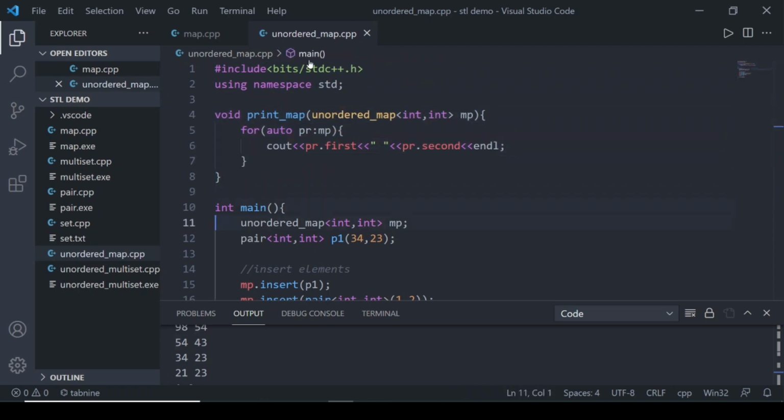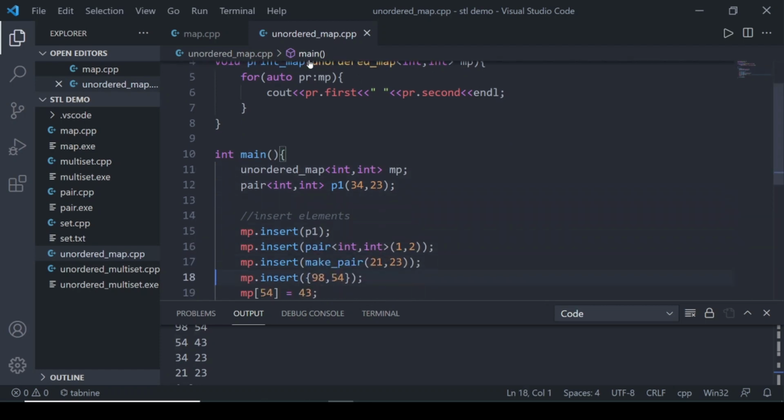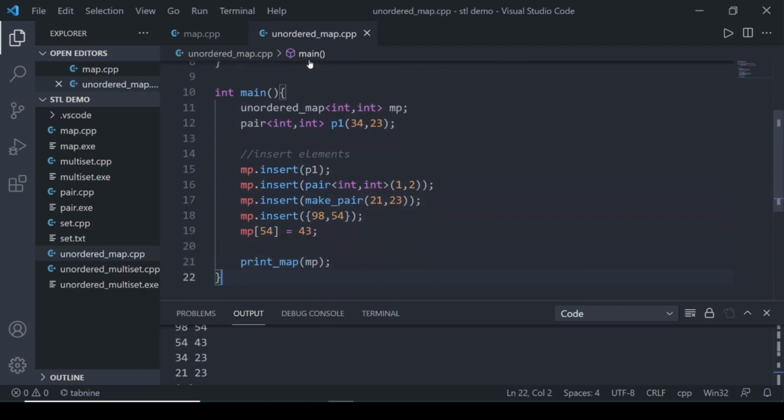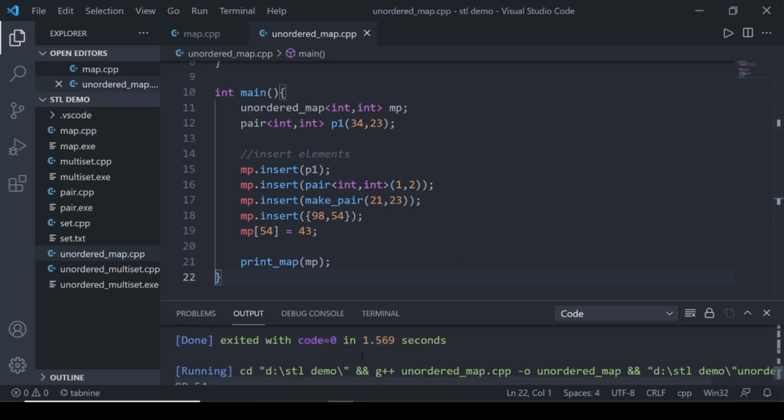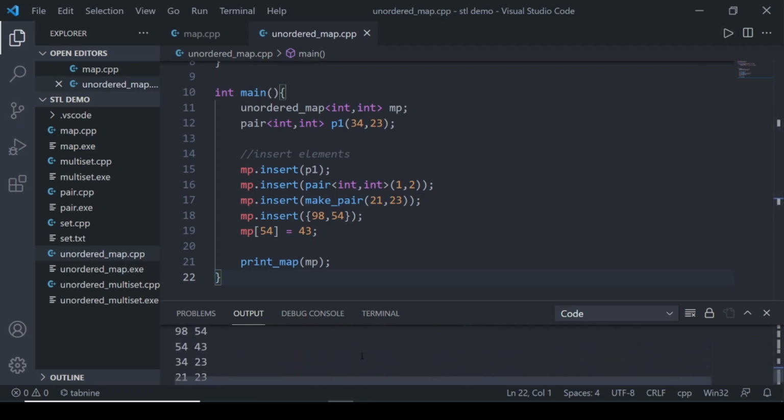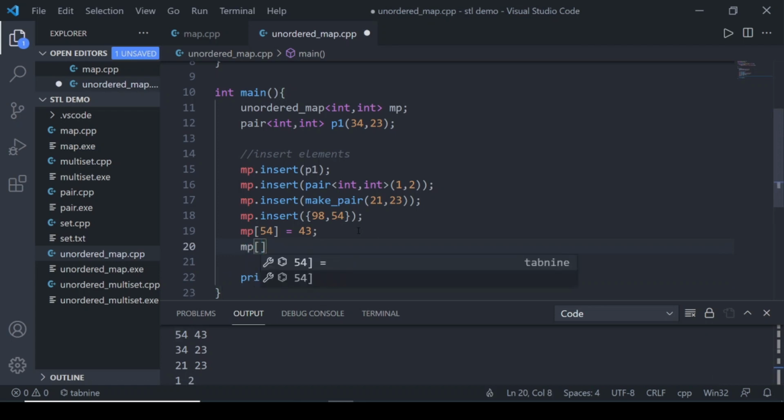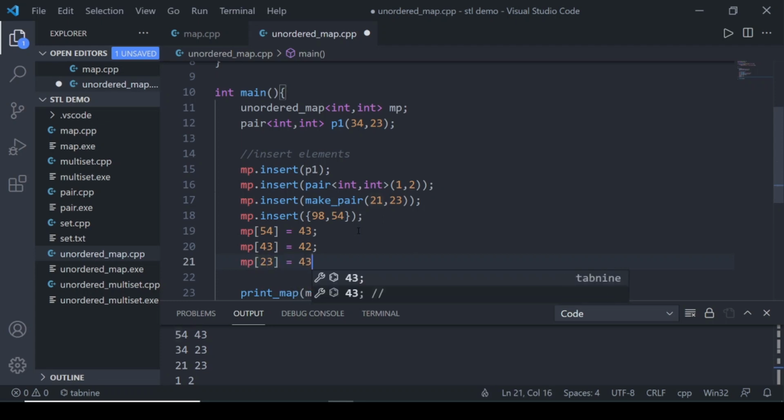They are printed in the same way and declared in the same way, and we have inserted the elements in the same way. Now let's see that. It is showing in the decreasing order of the keys, but believe me, the keys are totally random. Let's try some key, and mp of 23. Let's say the value will be 87.